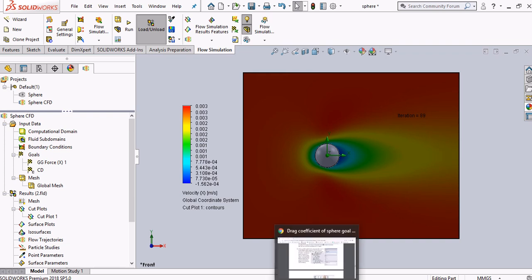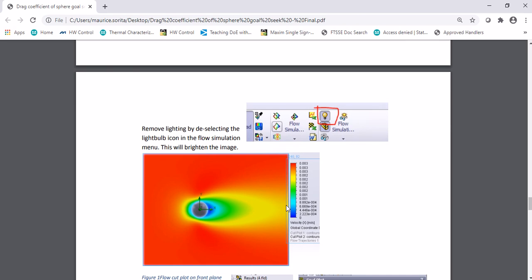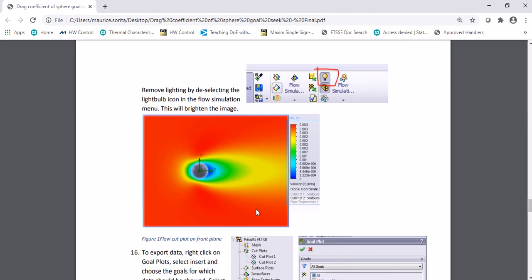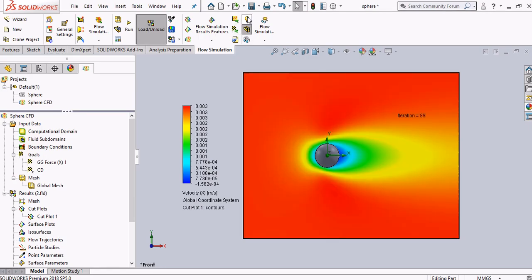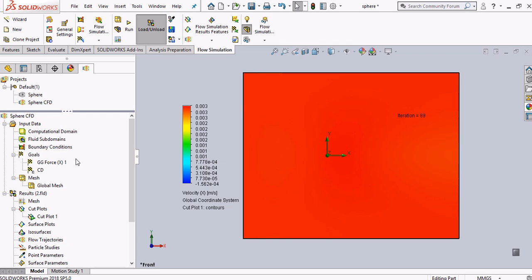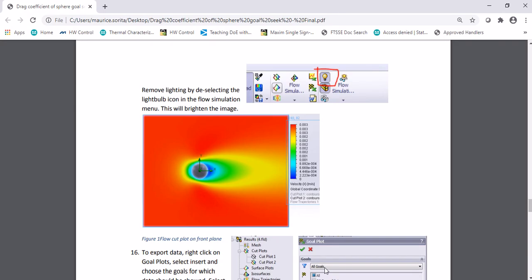Alright, so to make your cut plot better for viewing, you need to deselect the flashlight, this one. Okay, you'll also do animation here for your cut plots, but it will be better if using your flow trajectory. So next,